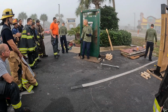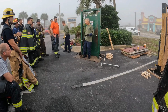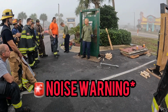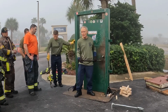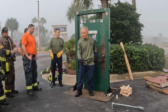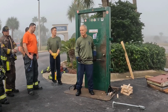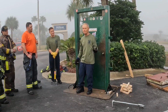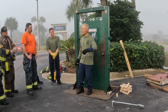I'm going to lay right into it, because most of the fires you guys probably go to, where I work, most of it was steel doors, but most places are not. They're wood. So if I try the door and come right up to it and give it a hard shot right on the doorknob, and why the doorknob? Well, I know that's usually locked, and I know it's easy to find in the smoke. My tool's going to find it. If I give that a nice hard shot on a wooden door with a wooden door frame, what happens? I'm probably going to go in, or it's going to crack it, and then I'm going to go to my next move,